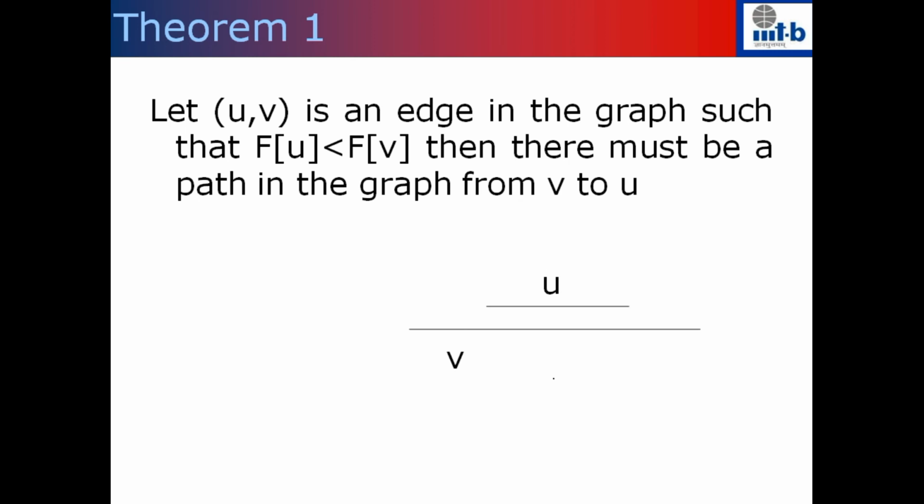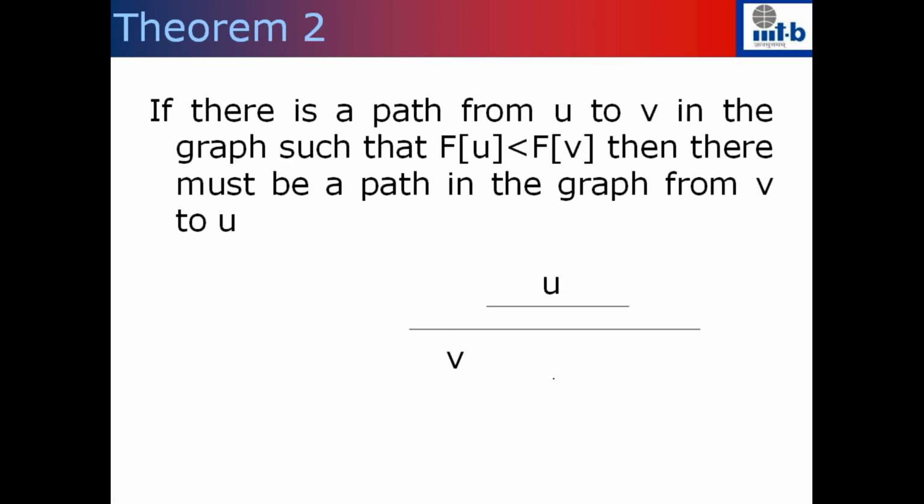This theorem can be generalized from an edge to a path from u to v. If there is a path from u to v in the graph such that the finish time of u is smaller than or equal to the finish time of v, then there must be a path in the graph from v to u. The only difference between theorem 1 and 2 is that there is a path from u to v in the graph and the finish time of v is greater than that of u, then